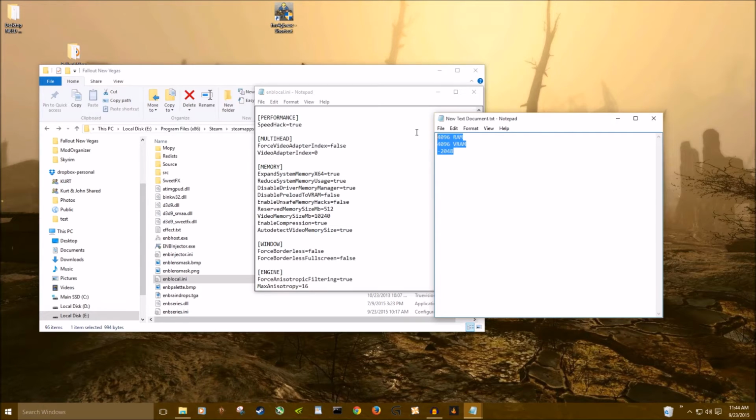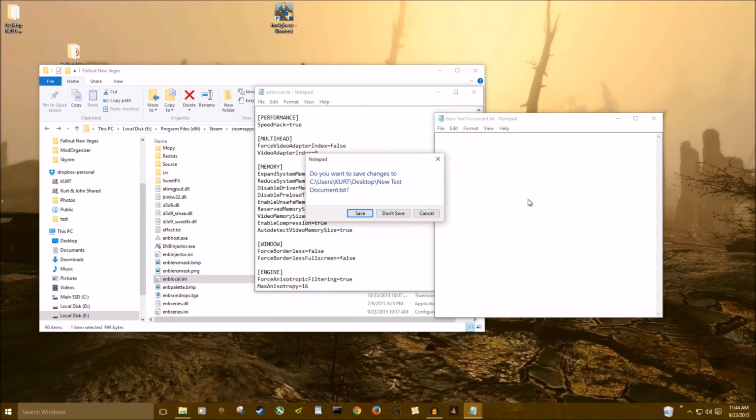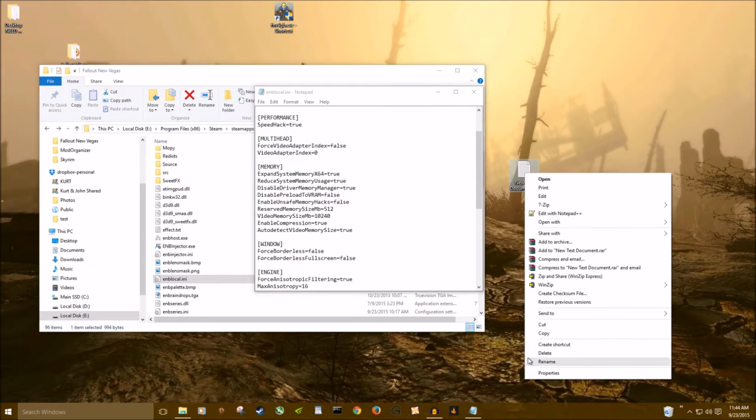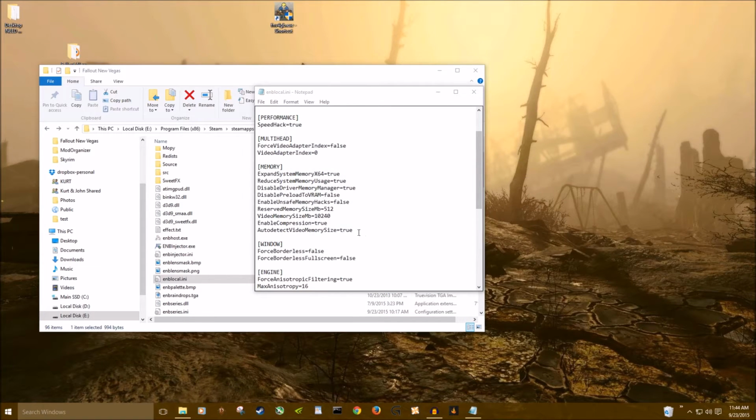Just keep doing it that way. That's the best way to do it. Most people do it that way, and it's the simplest way to do it. Once you have that set up, and that's set up for what you have proper, the next thing is the enable compression. True, you could try true first to see if you have